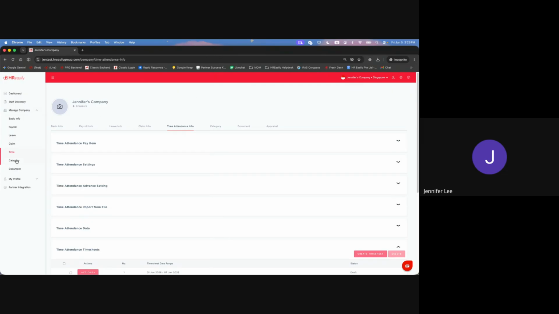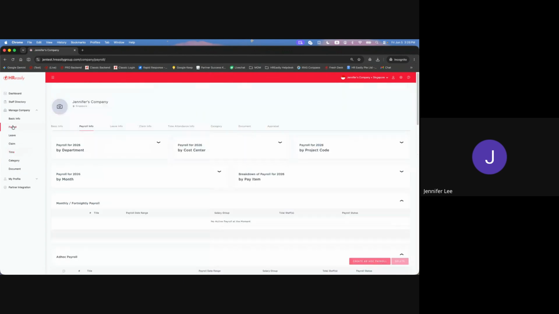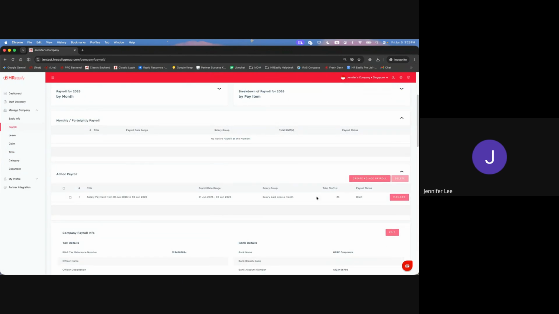Anything else you want to see? Maybe for payroll, we just need to make sure that there is no open payroll in draft mode, cancelled or rejected. Because imagine if you have one open over here and one open here, our system will compute both salaries into one. So that is quite important, need to take note. This will affect